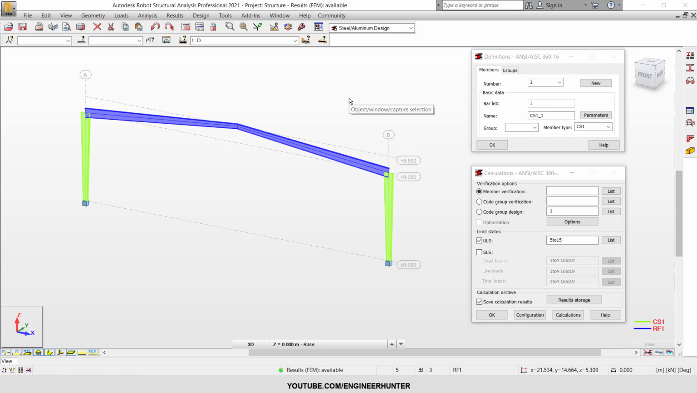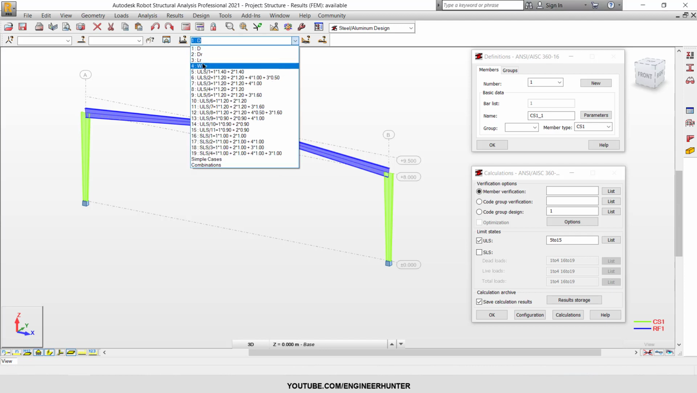Hello everyone. Today I'm going to talk about how to do the steel design in Robot Structural Analysis. Today I have a steel frame here. It is a 2D steel frame, and I already defined the self-weight, live load, and wind load for the structure here, and this is the load combination for the ultimate